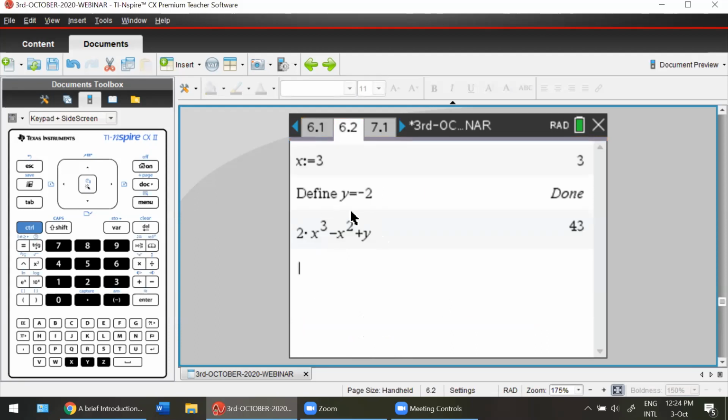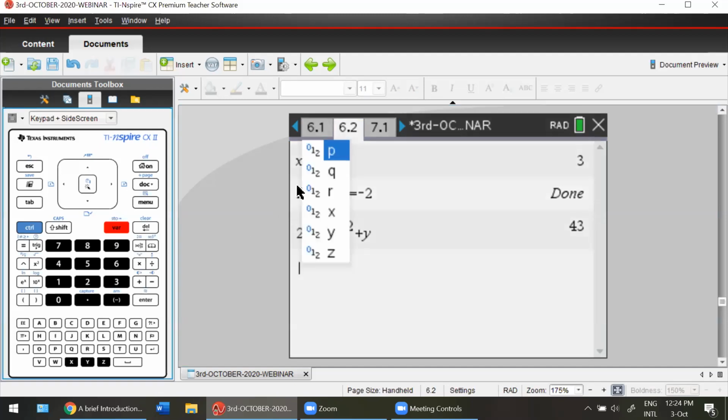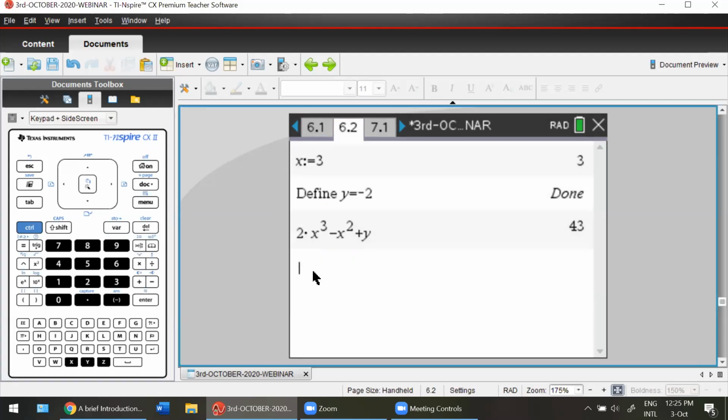Okay. So students, another important thing that you should know when you define variables is this var key, right? I still remember, Jyoti and Swati from TI telling me very carefully to observe this var key. It tells me what variables I have already defined. And now if I have so many variables defined, I might want to undefine them as well, right?